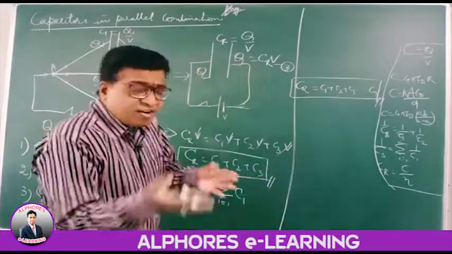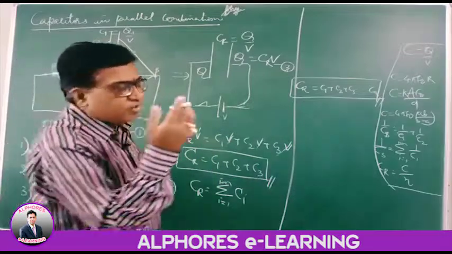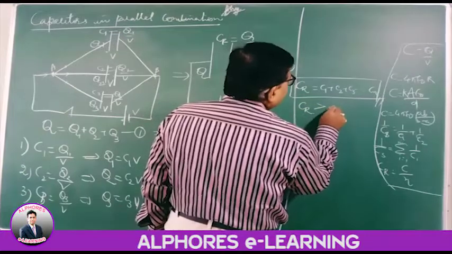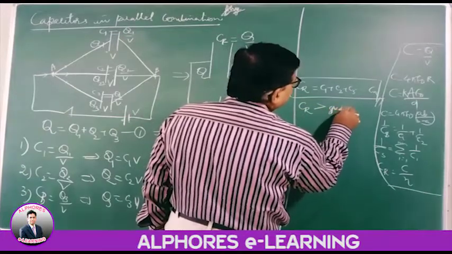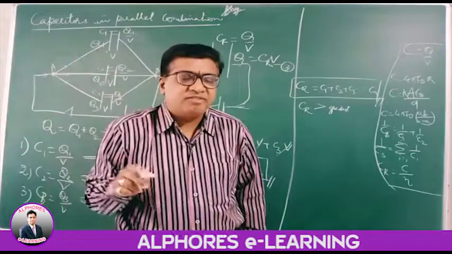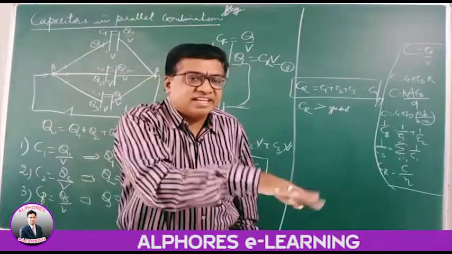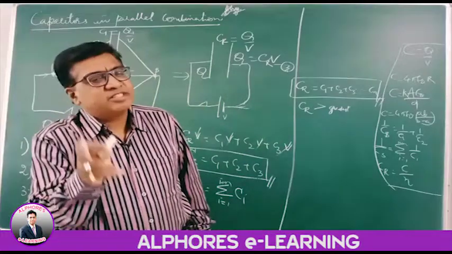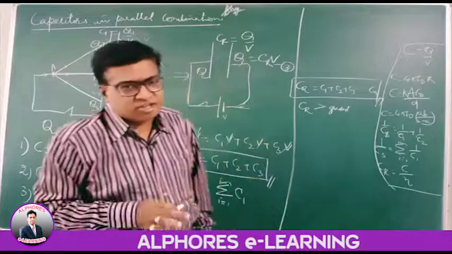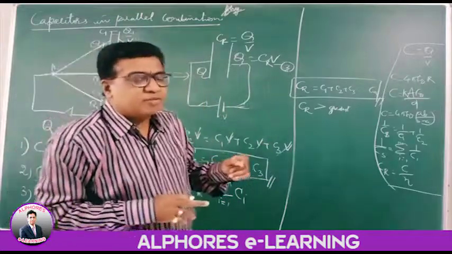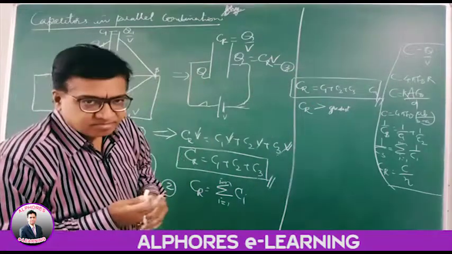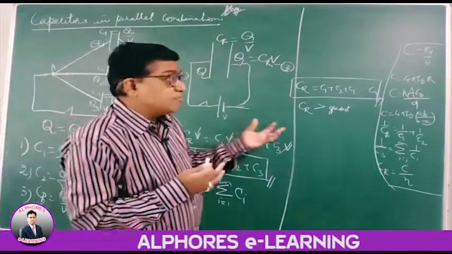So when I am adding all, the resultant capacity will be more. The resultant capacity is greater than the greatest capacitor. You see, in series we were getting the resultant capacity less than the least. The resultant capacity in series combination is always less than the least capacitor used in the combination. But in this one, the resultant capacity is greater than the greatest of all the capacitors. Its maximum capacity increases.